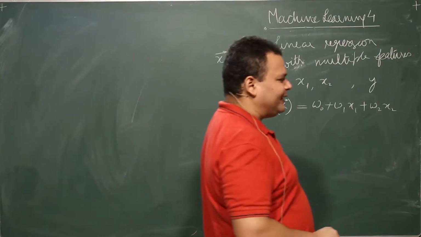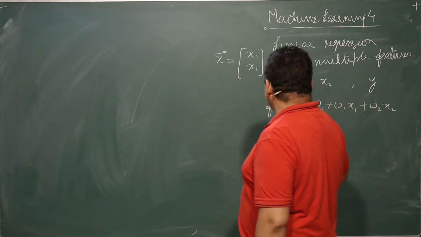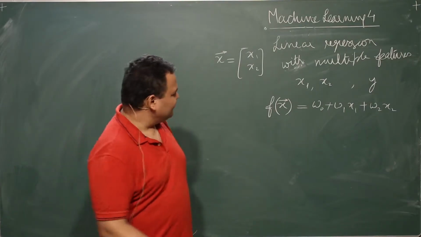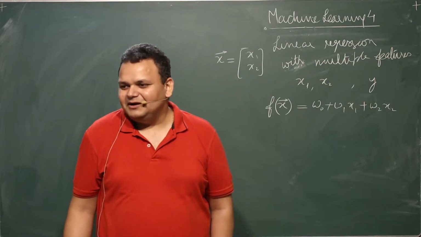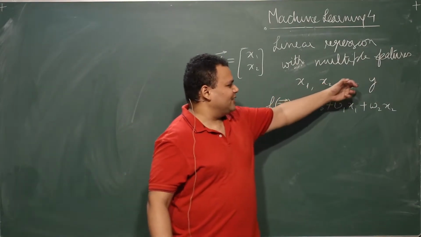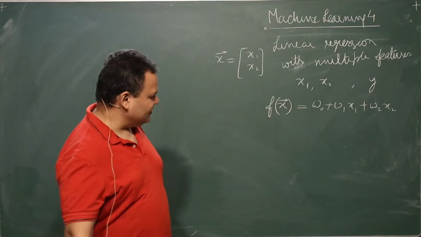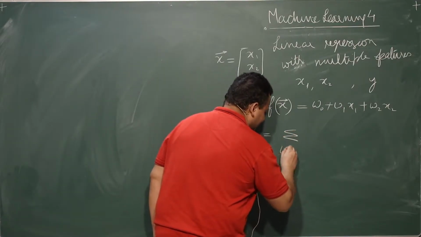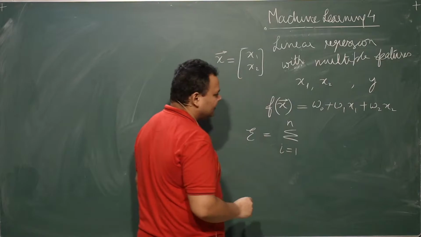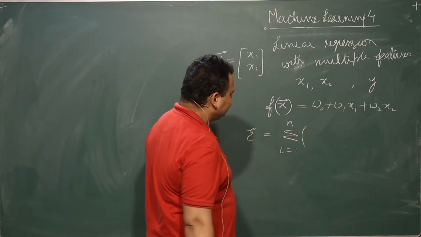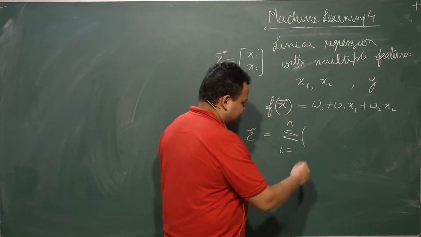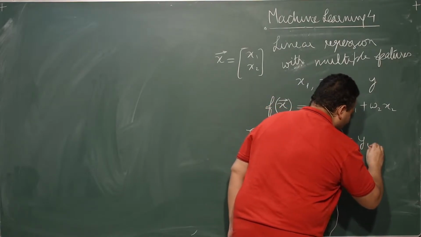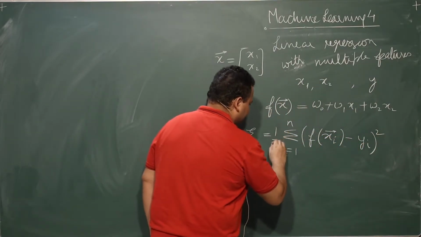And if you were to do the mean square error and all those things, what will the mean square error look like? If you have multiple observations for x1, x2, and y, what are you going to do if you were to do mean square calculation? So your error function is going to be 1 over n, sigma i equal to 1 to n, of (f(xi) minus yi) squared.